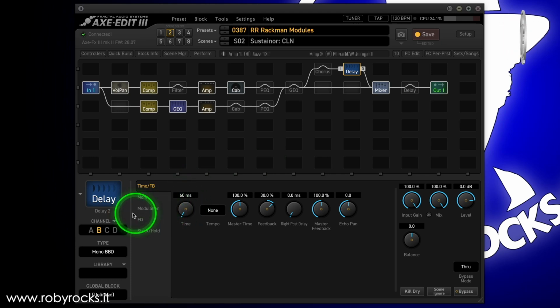For convenience, on channels A, B, C, and D I set common values.